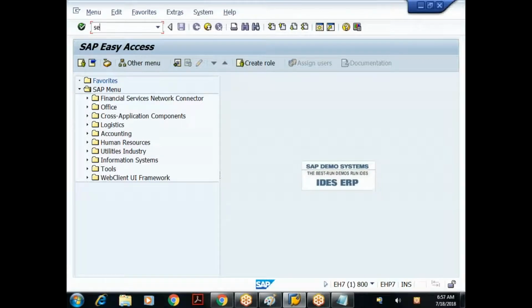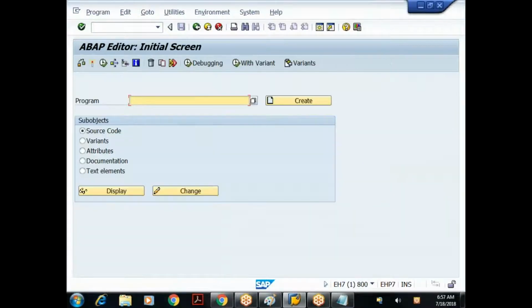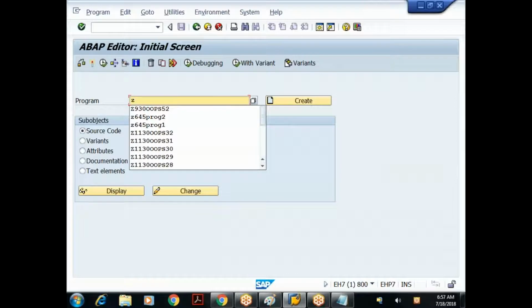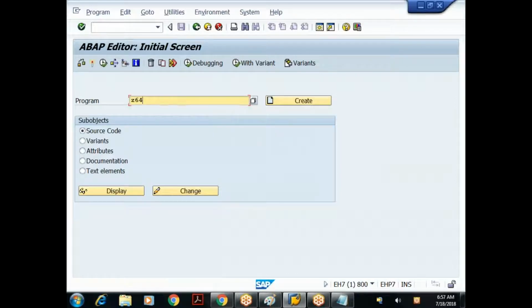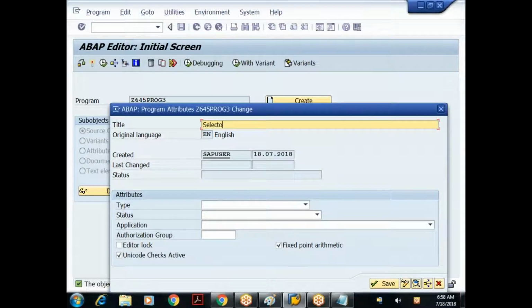I'll go to the ABAP editor, SE38. I'll give the object name as Z645 program 3, since the previous program was program 2. I'll give some title: selection screen radio buttons.